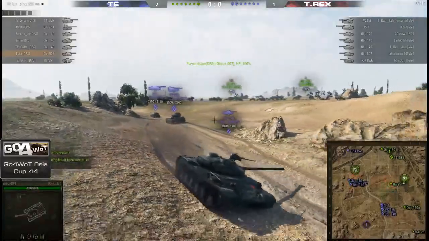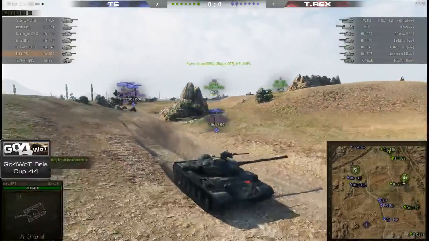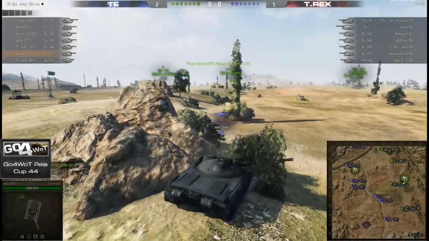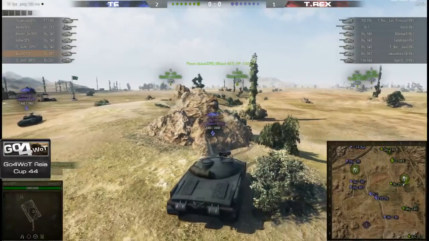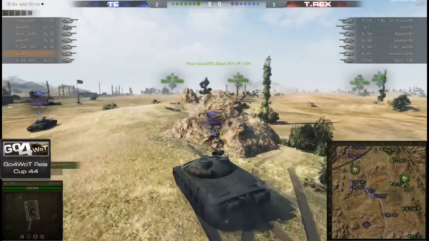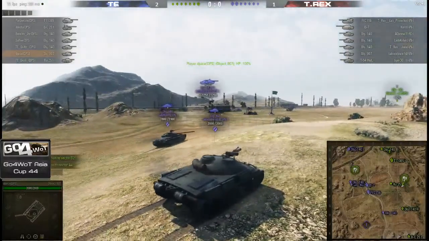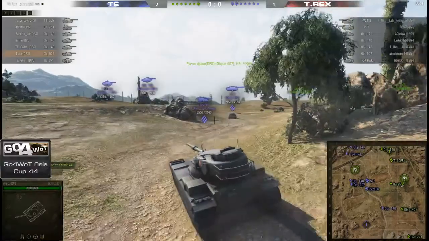Right now we do actually see Skell. Looks like he spotted Tax Vietnam over there. So, good little spot there from Skell. But it's looking like, at the moment, team efficiency, I'm really not too sure what they're doing in this battle, to be honest. Well, for team efficiency, it's looking like a very spread out